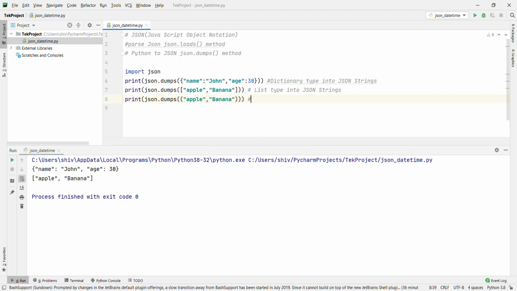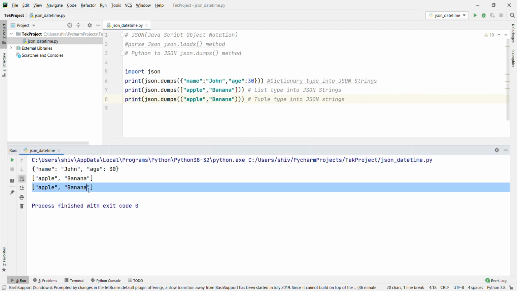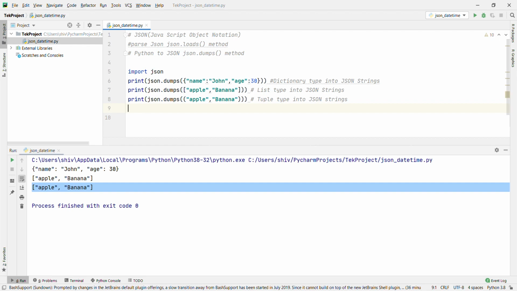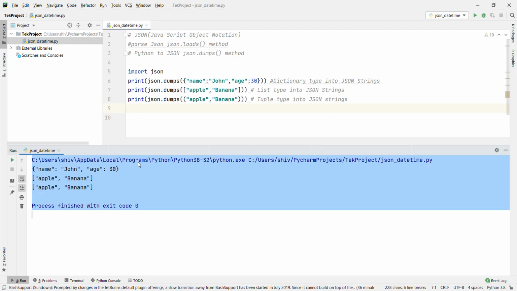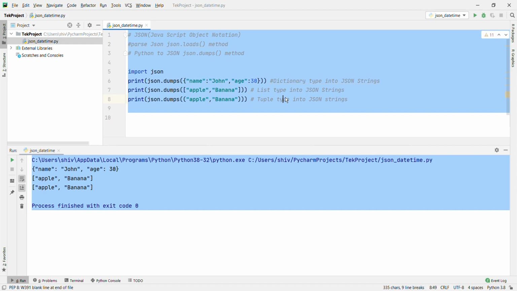Okay, tuple type into JSON strings. Let's run it. Okay, this is the tuple. Now I'm going to show you, this is the JSON string. That's basically, this is a tuple that we are going to convert into a JSON string.